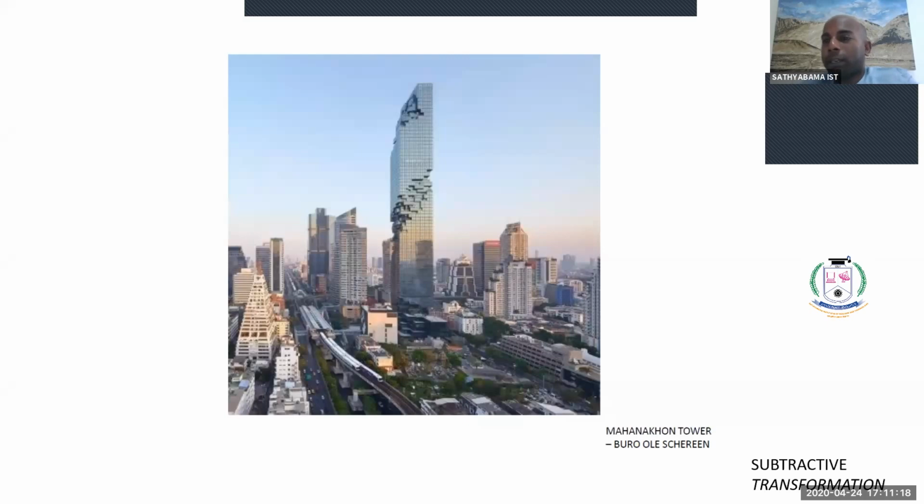So this is a very interesting building, right? I'm trying to show you modern examples to also help you understand that architecture can come from different places. So these principles can be applied even in very modern, cutting-edge buildings, right? So this is a skyscraper in Bangkok, designed by Ole Scheeren, and you notice how it's actually a very direct idea of removing from this idea of a pure volume,